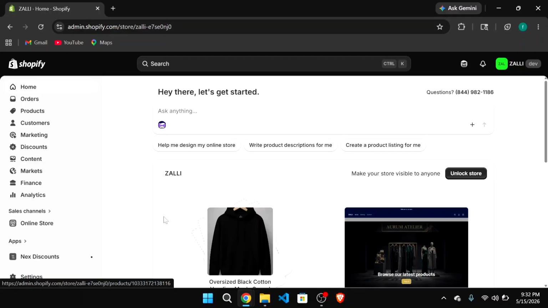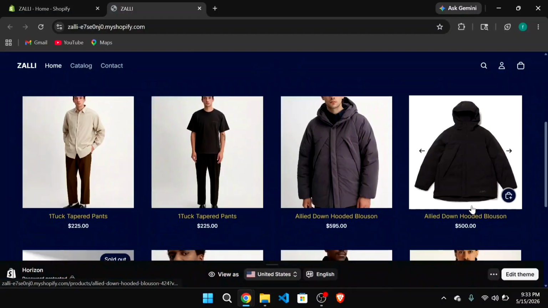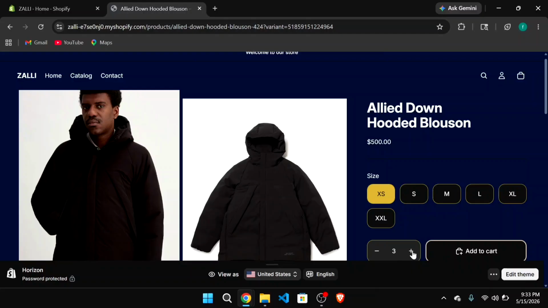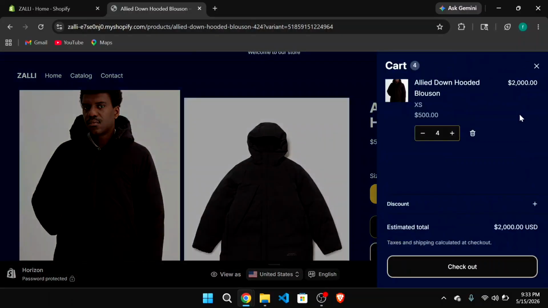Let's get started. First, we can go to the online store. Then here we can check the product. Click on any product. The amount is $500. So here I add some quantity, then click on add to cart, then go to the cart. Here the total amount is $2,000, but when we are applying 10% off, it will be saving $200. So when we have to reduce that much of an amount, we have to set the capping amount so that